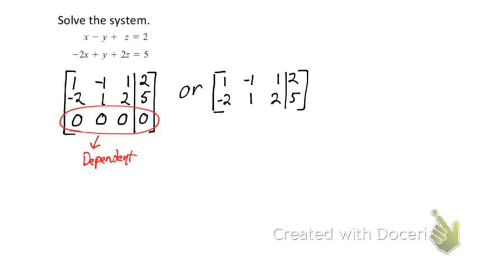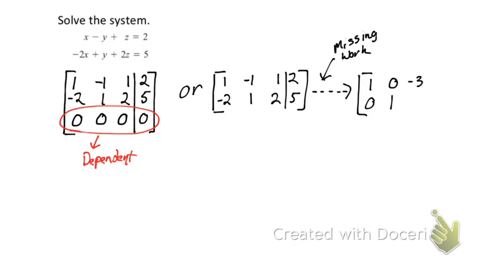This is going to be those people that didn't take notes on this, that didn't write something down and don't study it. You're going to come up with something that looks like this. I'm not going to show you all the steps. But if you were to solve, I'll put a little arrow and a little note saying missing work, because there is work that needs to be done to get this. You would end up with something that looks like this. 1, 0, 0, 1. You can't get rid of that -3 and that -4. And you have 7,